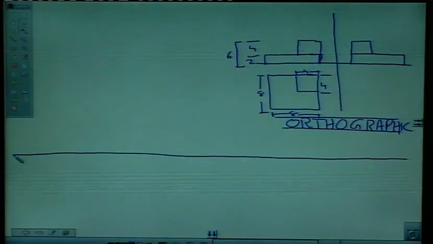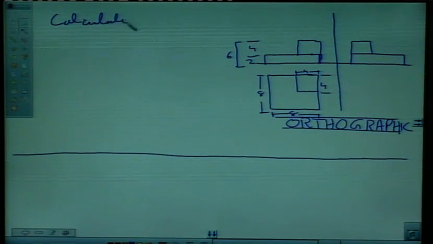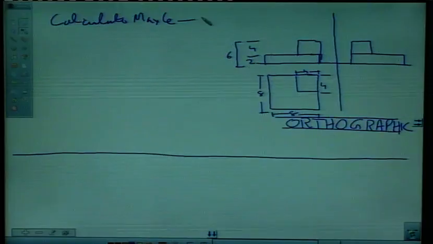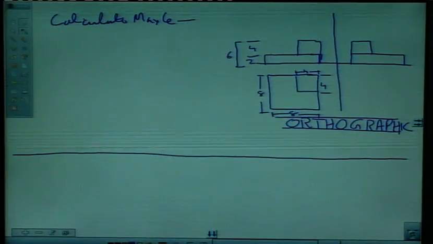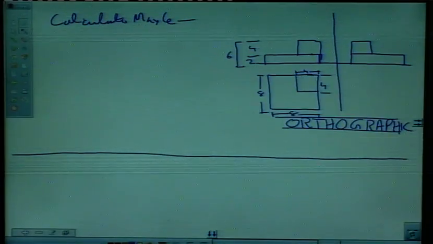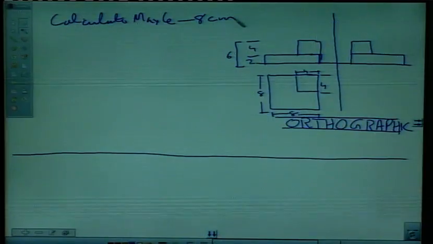One way is you just calculate the maximum length components. Maximum length in this case can be, say its maximum size is 8 centimeter, right, and